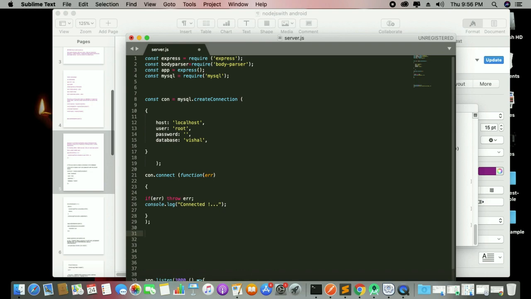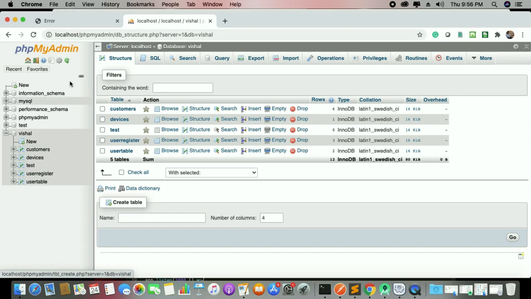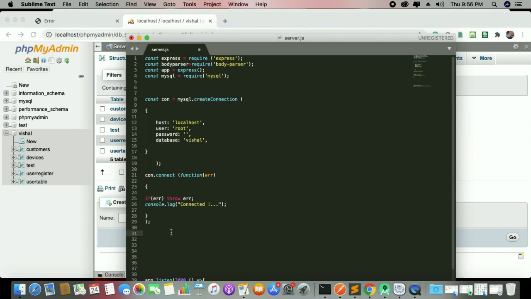Now you can create your table either directly from here with new table, or otherwise I will show you how you can create your table using the connection also. Sometimes we can create it here, so it's good. You can say create table student, and here this is my ID, it is int, and I want to make it auto increment